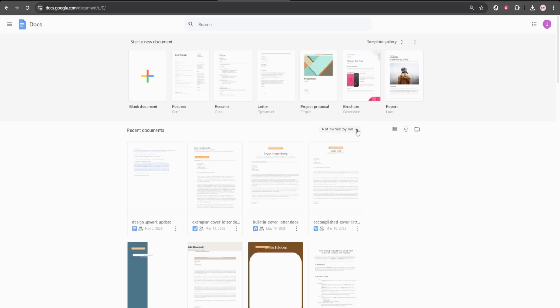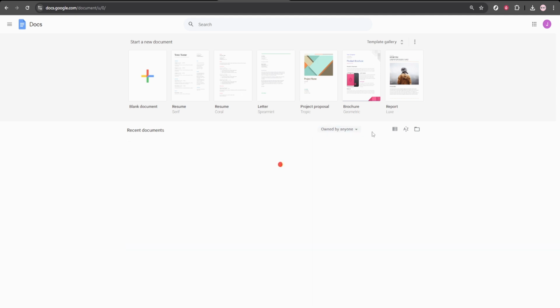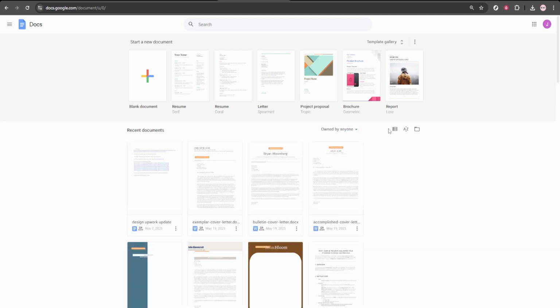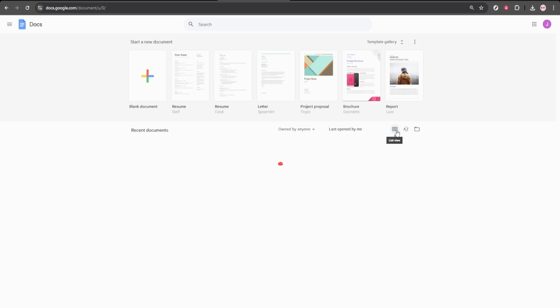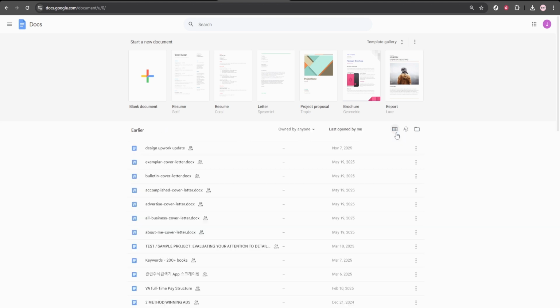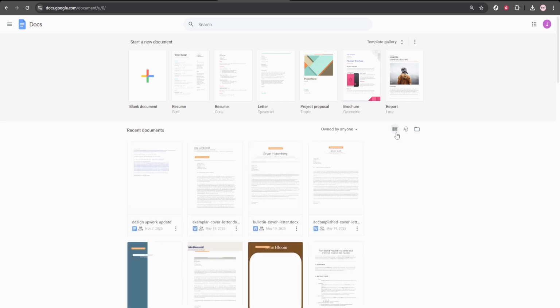Next, choose how you want to browse. You can toggle between grid view for visual thumbnails or list view for a compact, details-first layout. If you already have files saved on your computer, use the folder icon to open the file picker and bring